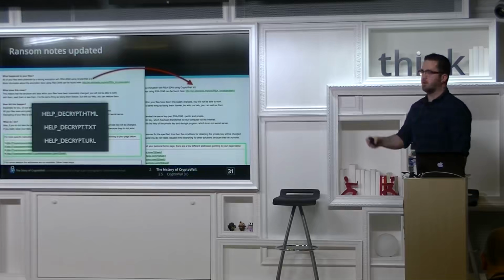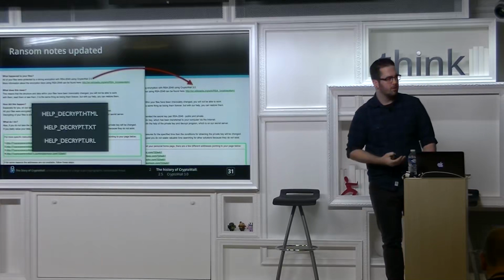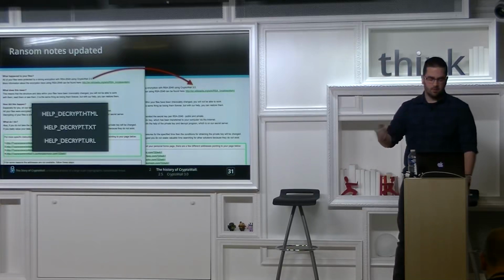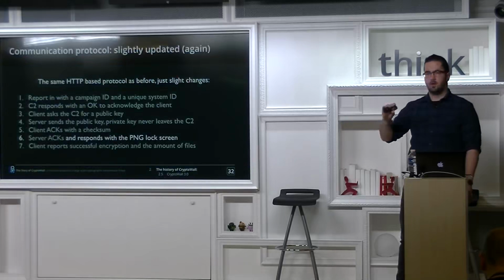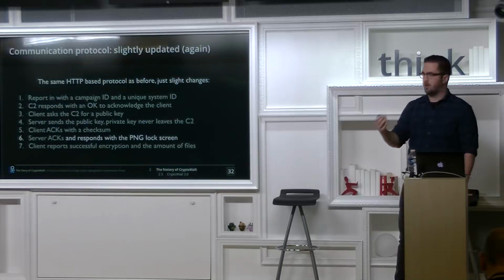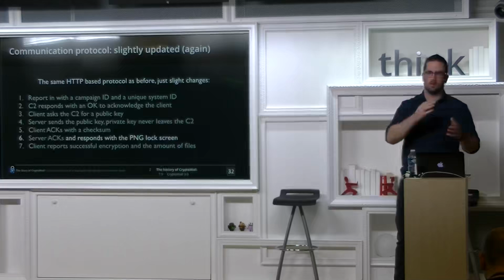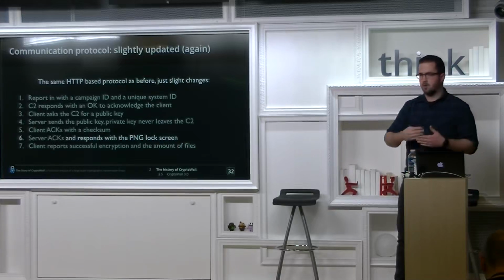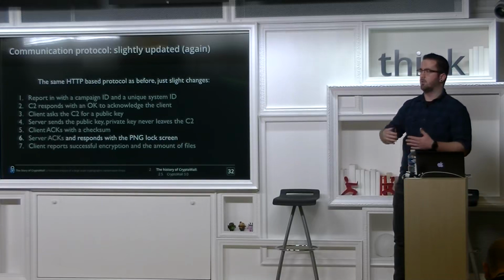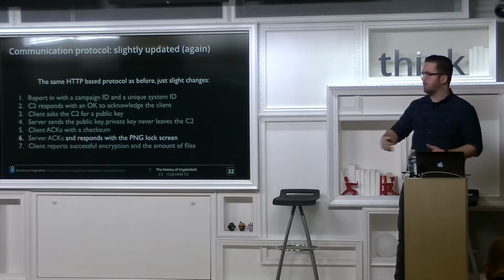Again, slight cosmetic changes on the ransom notes, new version, new naming of these ransom notes. Because they were quite static, you could actually use this to detect some stuff. Internally, they made a change in the protocol so that when it responded with the checksum of the public key, it would also respond with a lock screen. So instead of the malware having this embedded, it would generate this on the server side, which means they didn't have to build new binaries every time they had new domains for the payment system. It would just generate this on the fly, so they could use old samples. This was all dynamically generated on the back end.